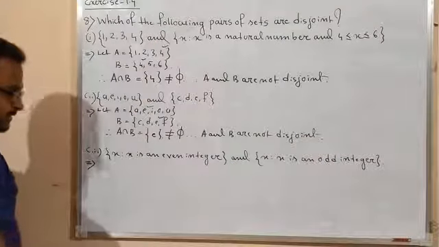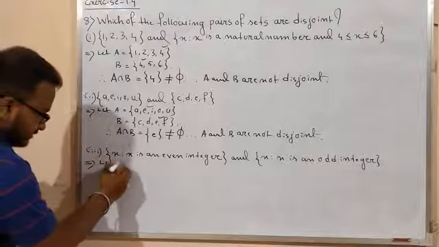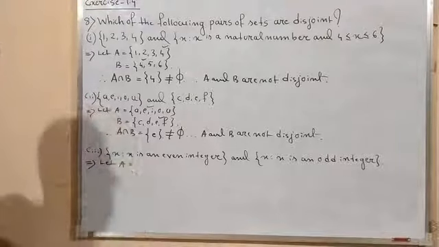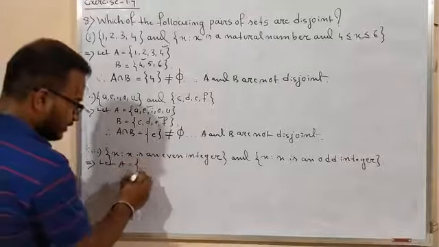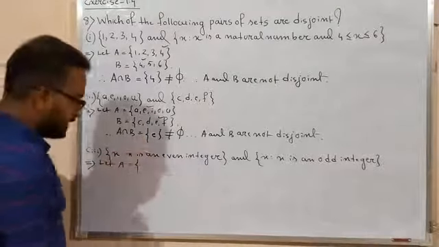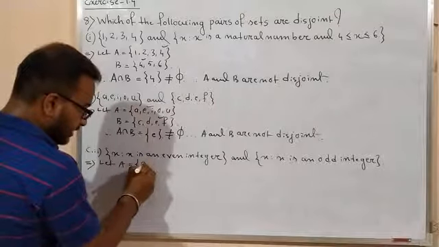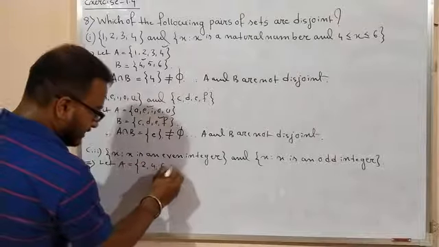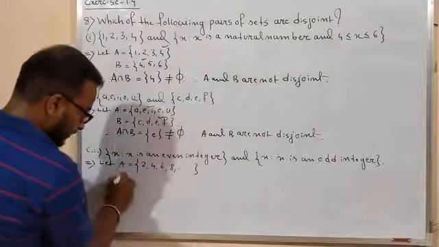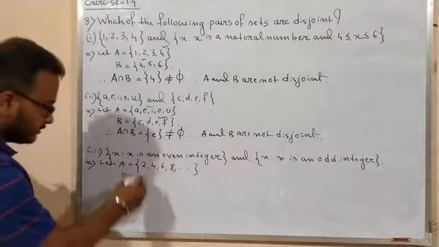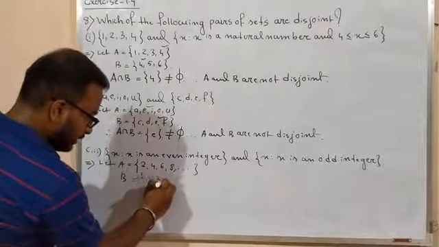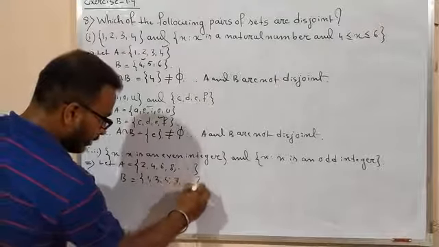Okay. Again, you have to rename this. Let A equal to this set. This is the even integers, right? So this set will be exactly what I have done in our previous problem. So it is the even integers: 2, 4, 6, 8, and so on. And B is what? Suppose B is this. So it is the odd integers. So it will be 1, 3, 5, 7, all odd integers.